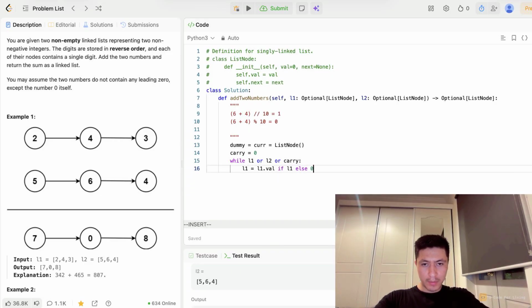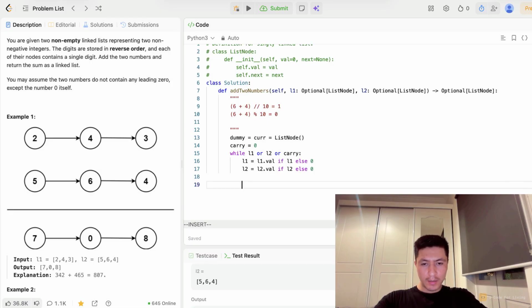So this is what I was talking about: if we don't have list 1 but we have list 2, we just need to create a placeholder 0, and then we can do the same, L2.val if L2 else 0. Now we can just do sum